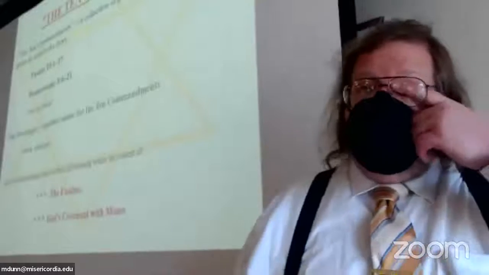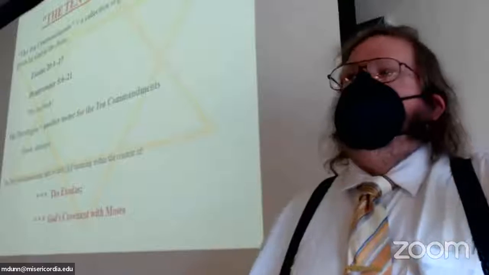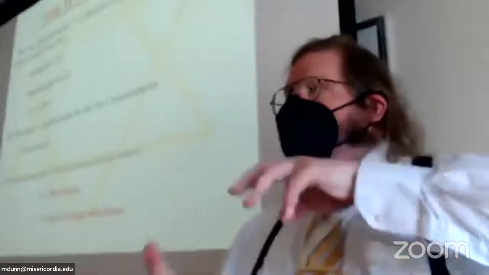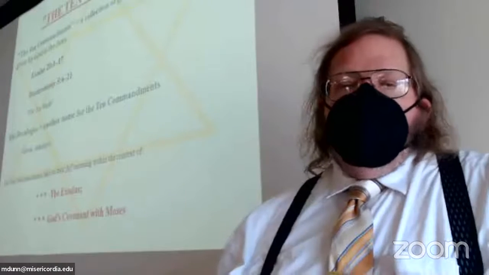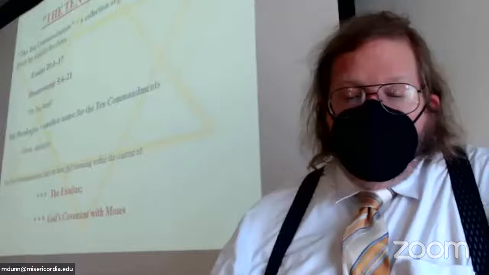If you did the reading, then you might have noticed that if you look at all the commands, the things that God says to do and says not to do, if you went through with a pencil or a pen and circled them, you would come up with more than just 10, okay? So 10 is a conventional number. How do you get 10? Well, because some commandments are connected to each other, put together as one command. If you wanted to be technical, you could separate them out and have more commandments. So it is a conventional name, the 10 Commandments.